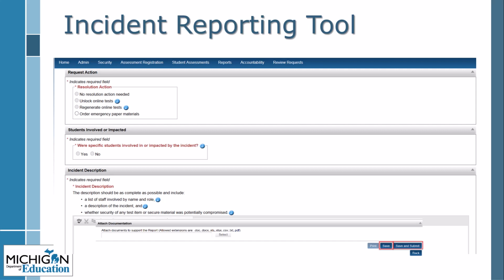Once you've included all of the information about your testing irregularity, be sure to submit your incident report. If you do not submit the incident report, MDE cannot respond to your incident. You can find more information about how to use the incident reporting tool on the Secure Site Training page at